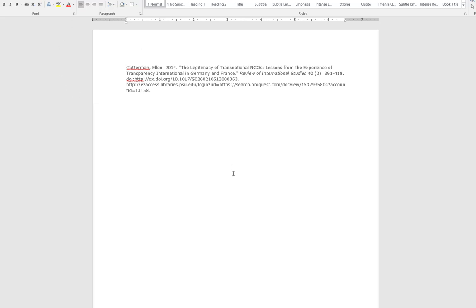All right, now let's take a look at the title of the article, so that is here in quotation marks, that looks correct. And then we have the title of the journal here in italics. We have a volume number, an issue number in parentheses, and the page number, as well as the DOI and the full access to get back to the database. So let's double check our